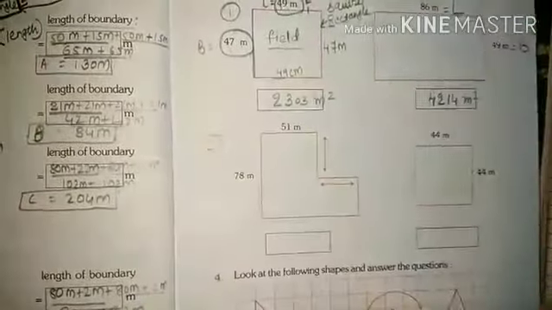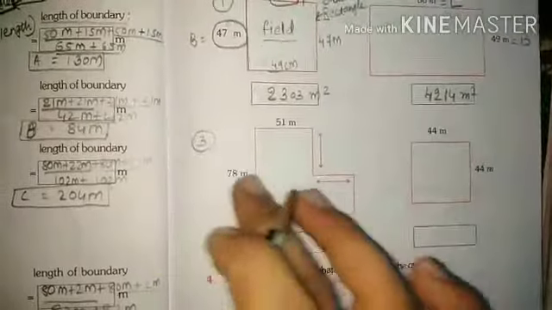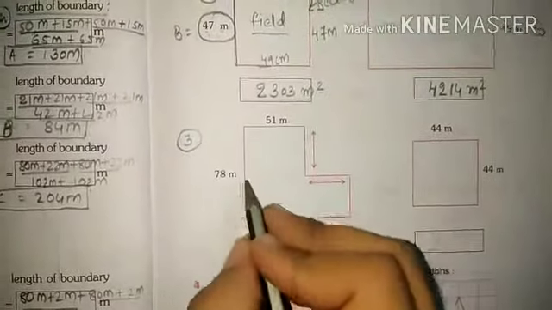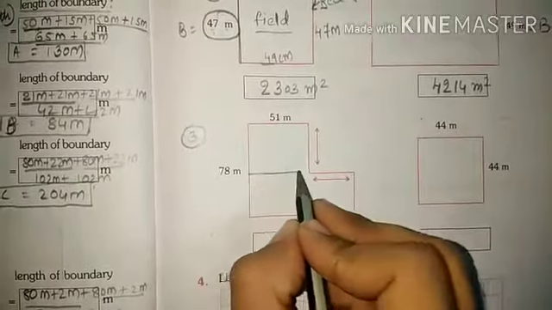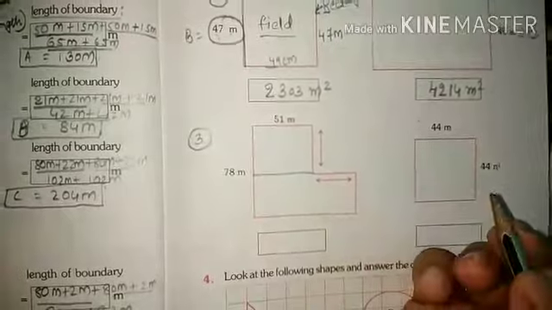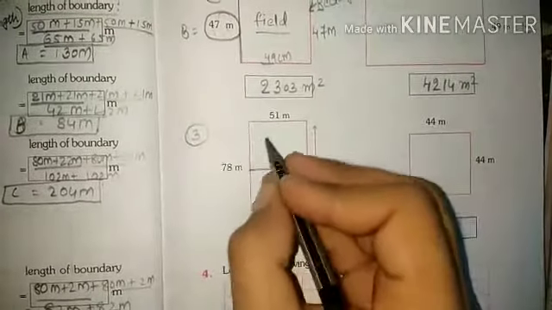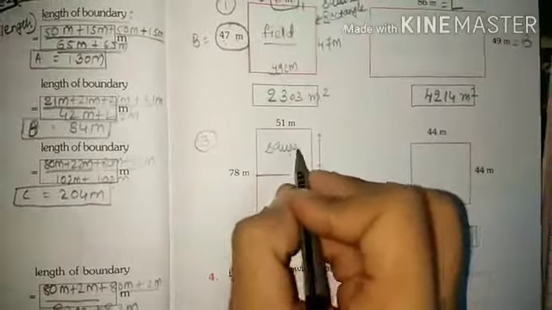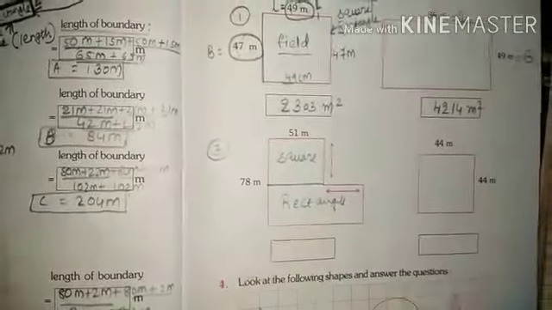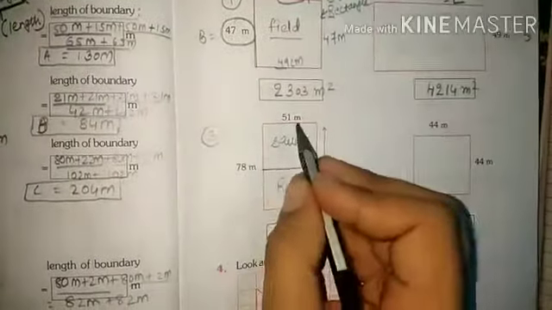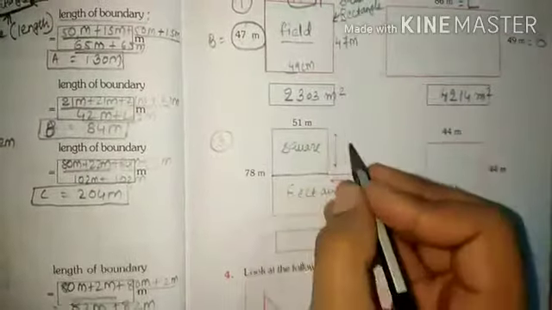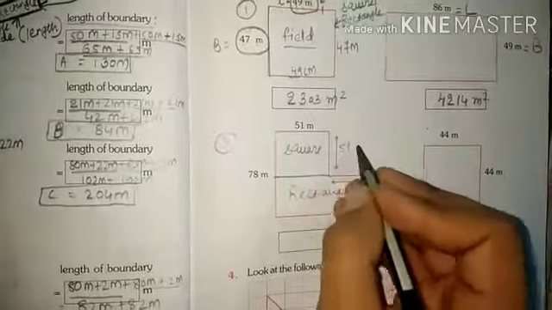This is very interesting, students, because this is neither a square nor a rectangle. What you will do, students, you have to divide it into two parts. Like here, if I have divided here, what I have made here, students, this is a square and this one is my rectangle. So students, do one thing. If I have made the square here, so students, if this is 51, this one also should be 51 meter.